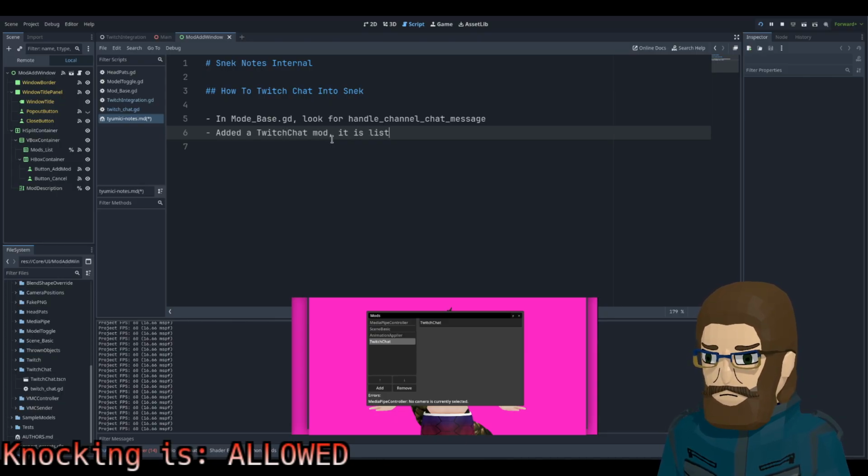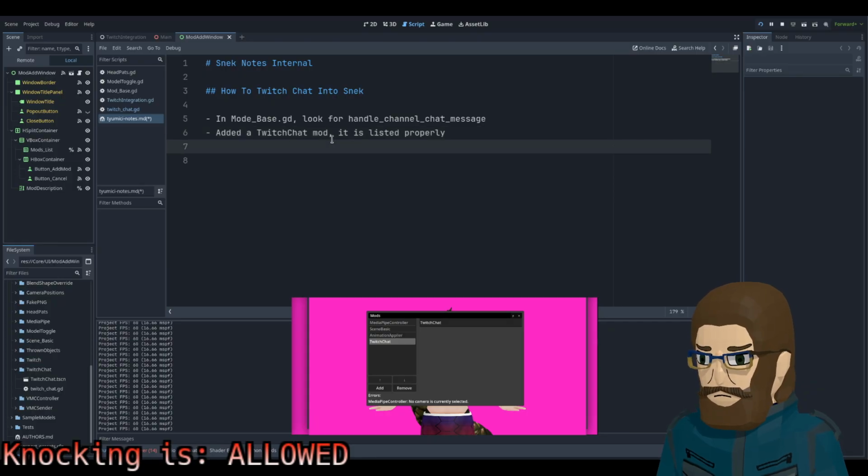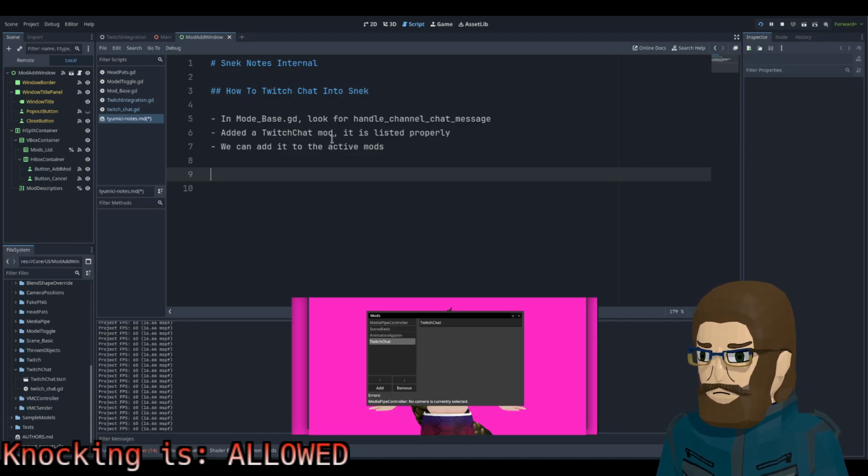It is listed properly. We can add it to the active mods. So we're kind of partway there.